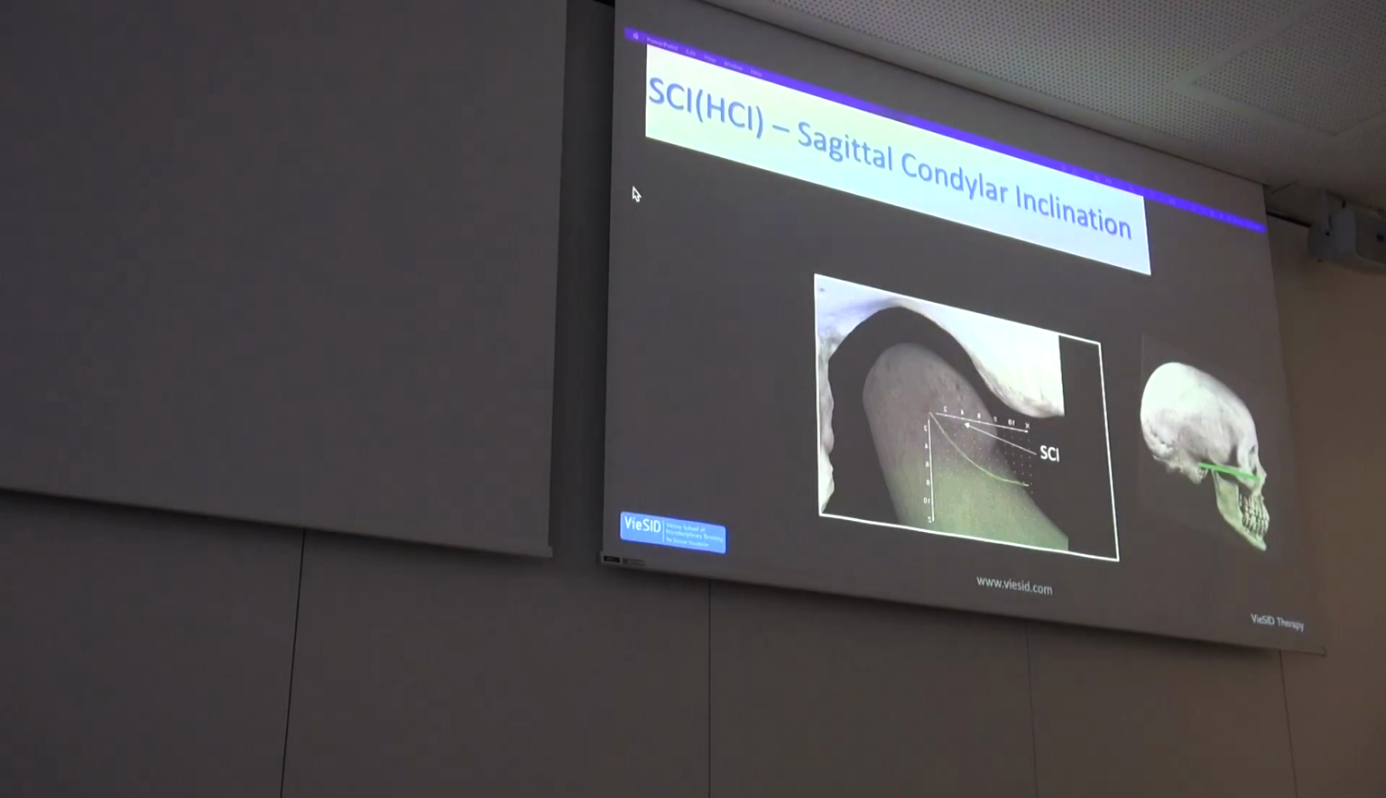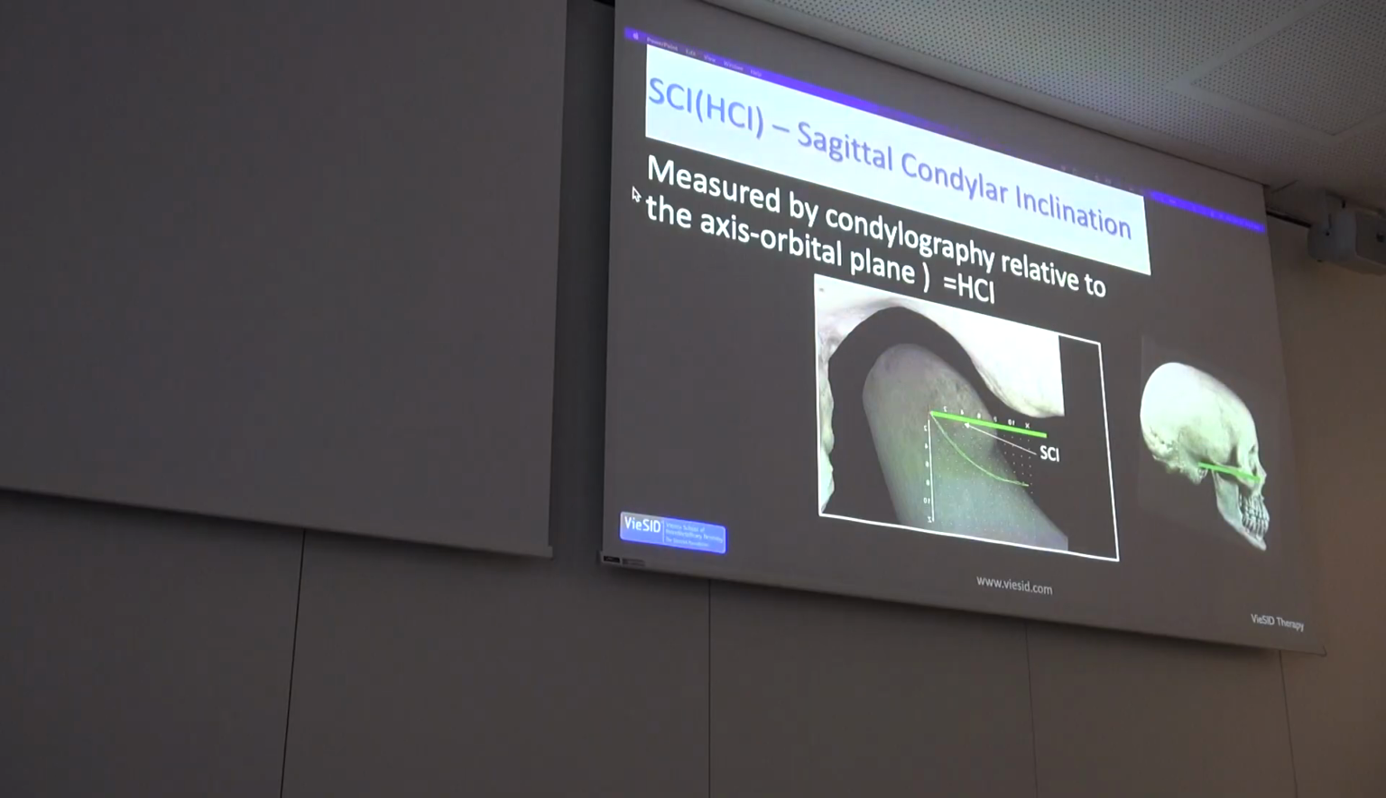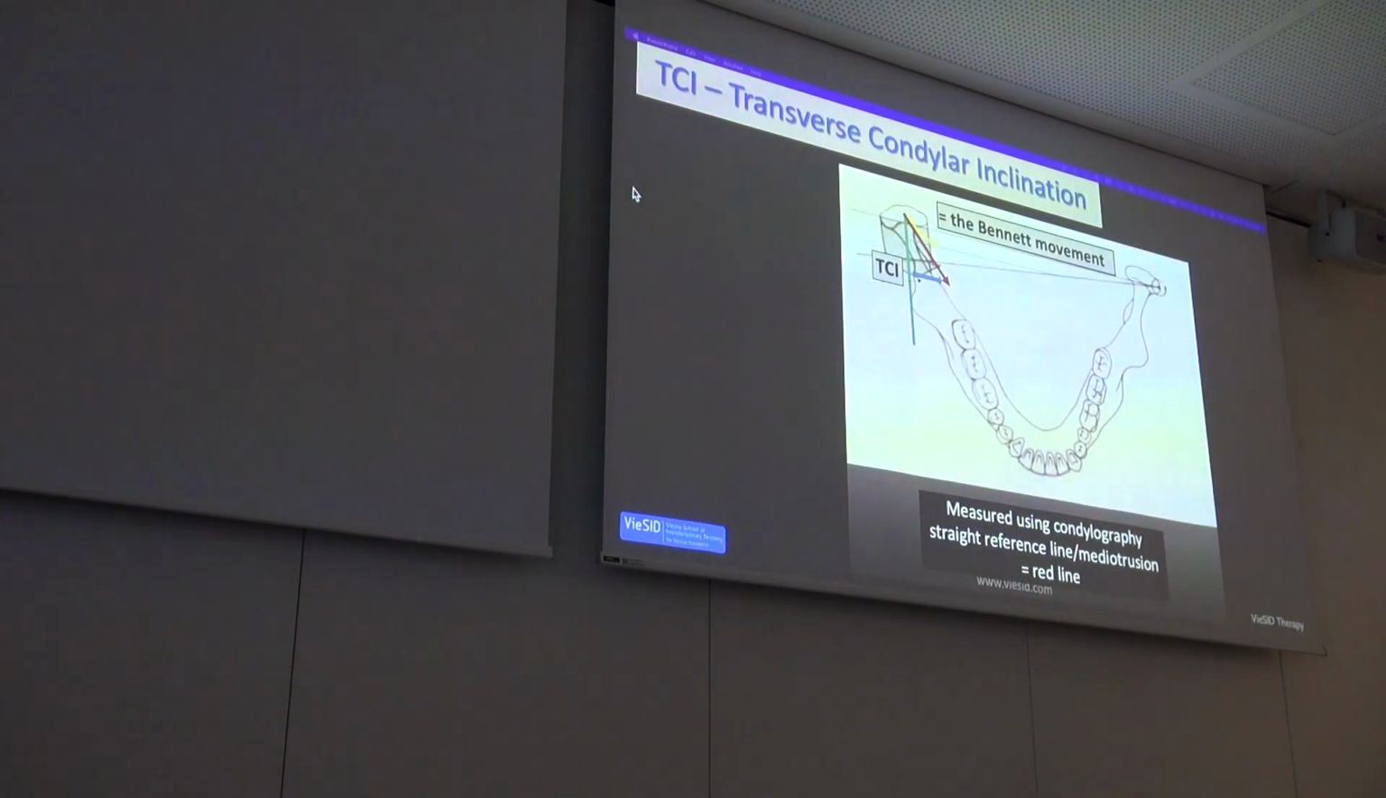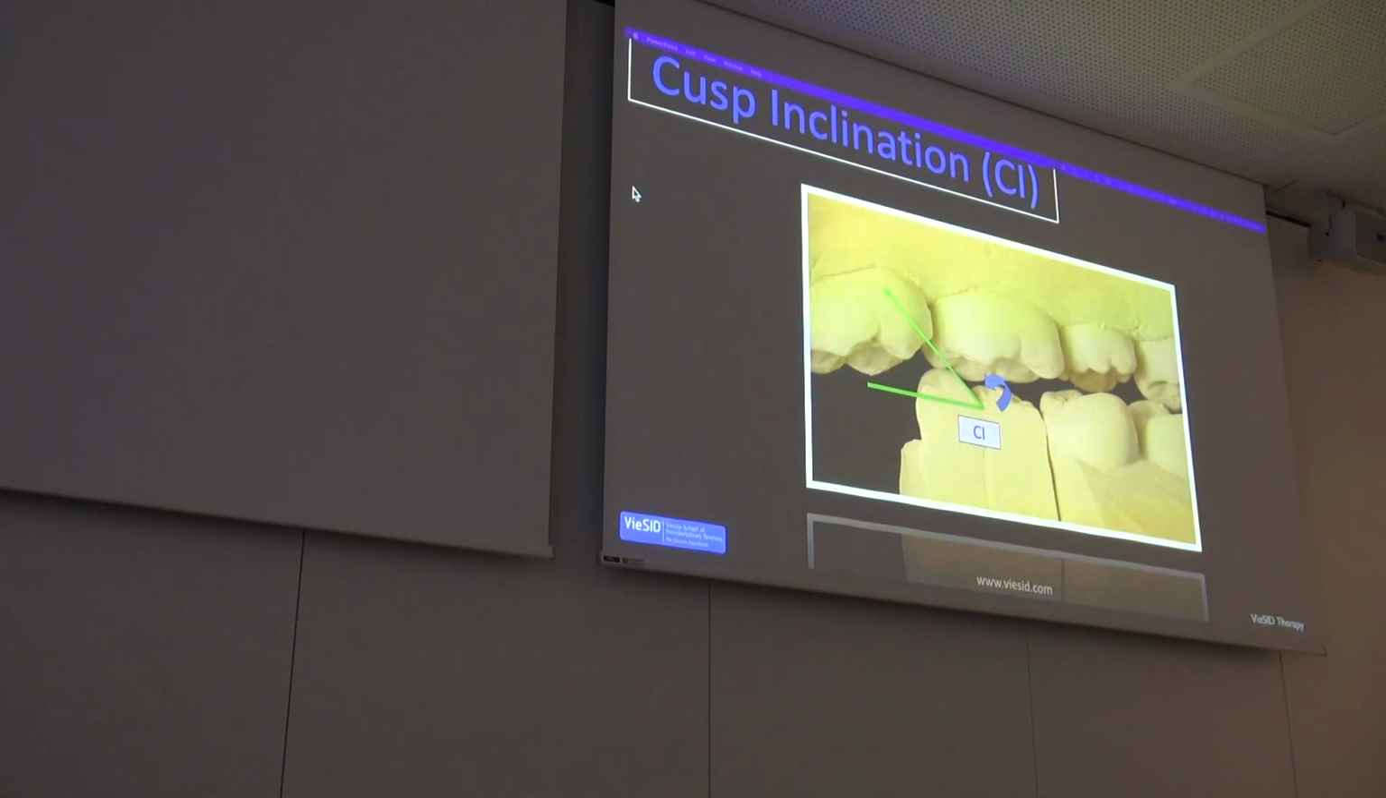Sagittal condylar inclination, we know, we find it in condylography, and that's going to be axis orbital plane and the motion and an X, Z pathway, like so. That angulation. The Bennett, or the TCI movement, is measured using condylography, and again, it's the angulation here from the red, medial intrusion motion here, to perpendicular. Our cusp inclination, which is extremely important when we're designing occlusions prosthodontically,